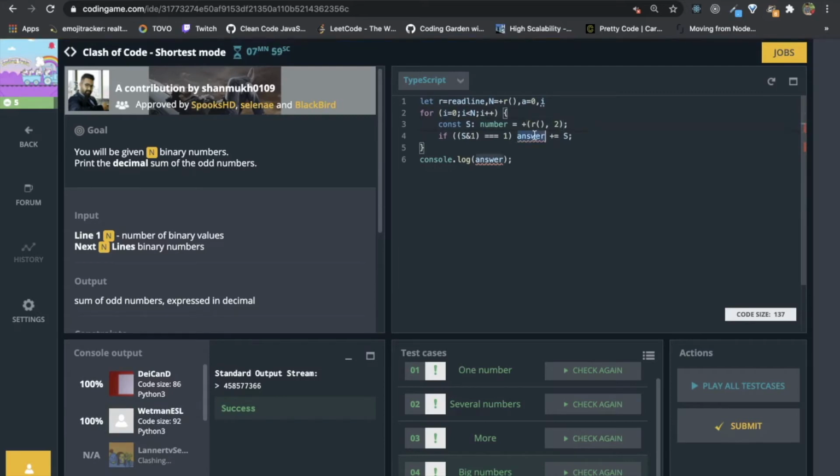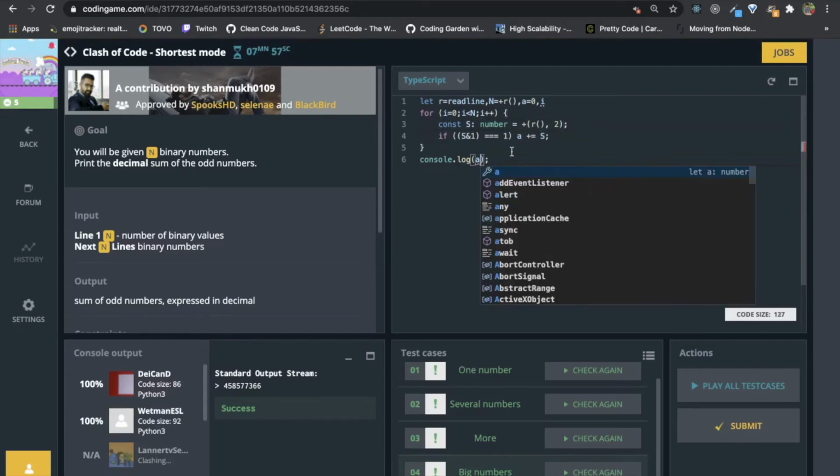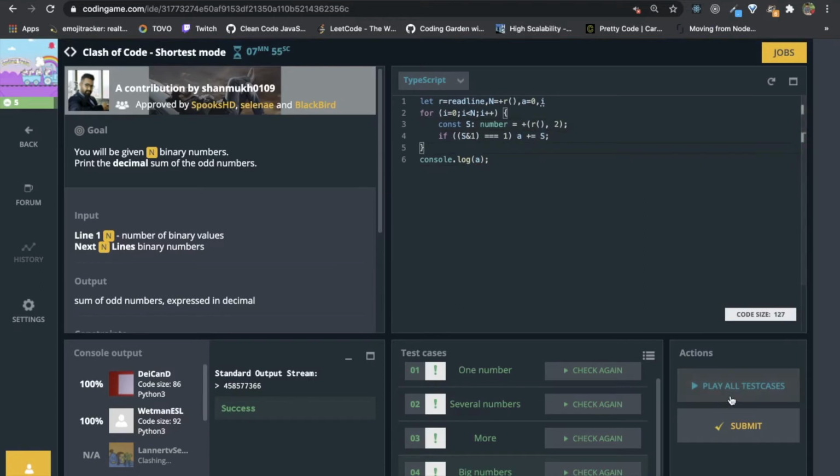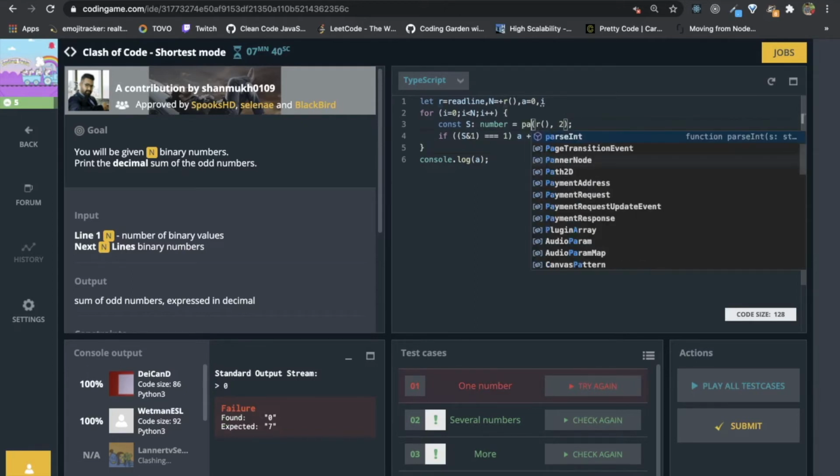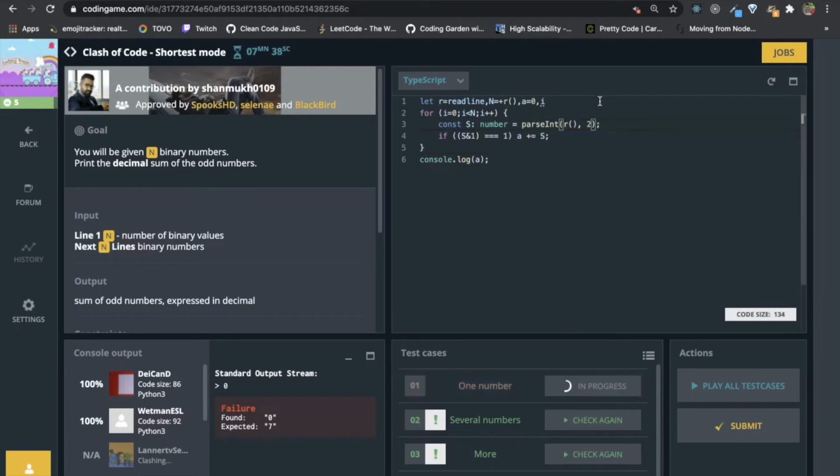Now let's see if it works. Let's check if this works. Do plus and let's check now.